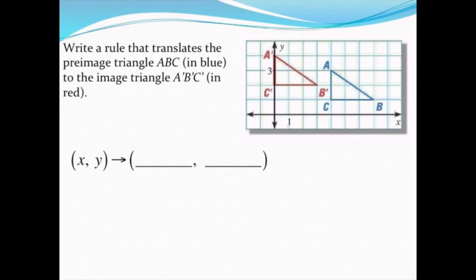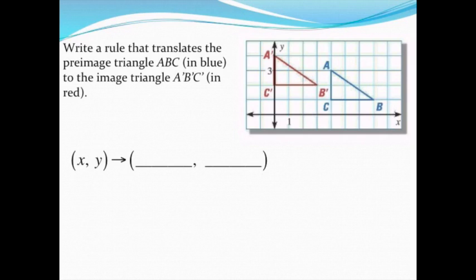This time I want to write the translation rule that would result in sliding this figure to form the image that's shown. So it tells me the image and the pre-image, it tells me what color they are, but suppose it didn't tell me. Suppose I didn't have colors to look at, or like on your notes they're black and white,